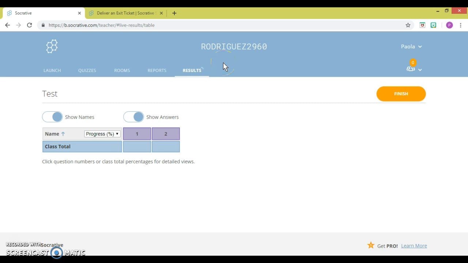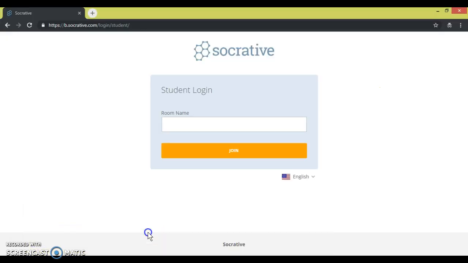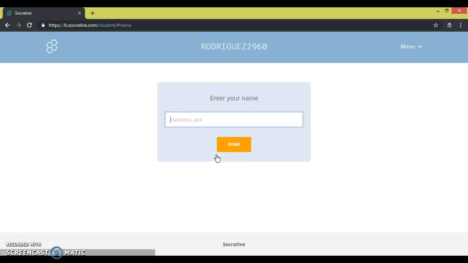So for students to be able to access your quiz, you're going to have to give them this code at the top. That is the code for them to enter the quiz that you've created. So mine is Rodriguez 2960. So I'm just going to show you what that looks like. So students will need to have this link to be able to type in to get to this portal. So mine is 2960, and I'm going to put join, and then my name,